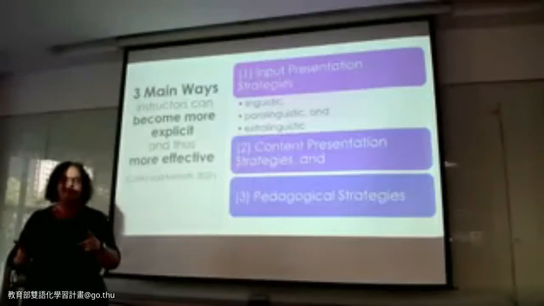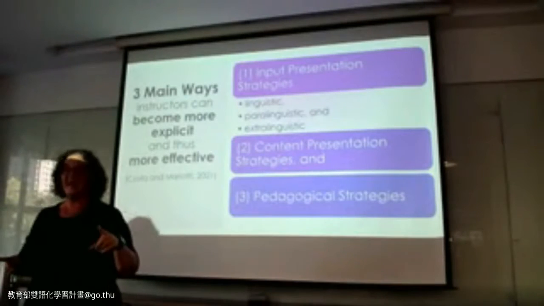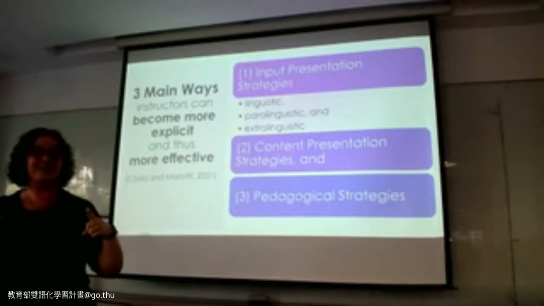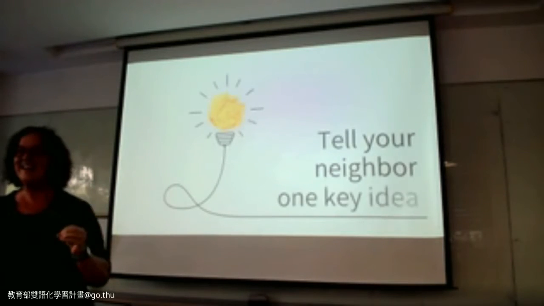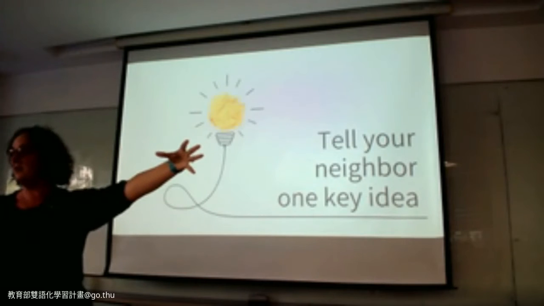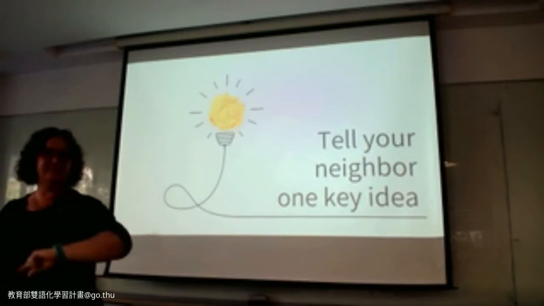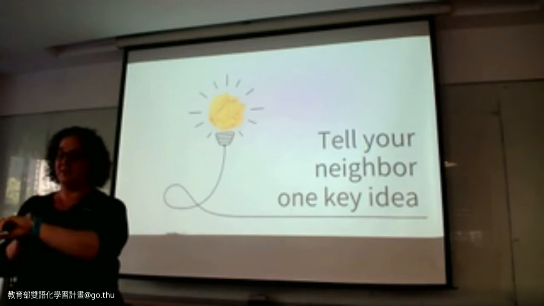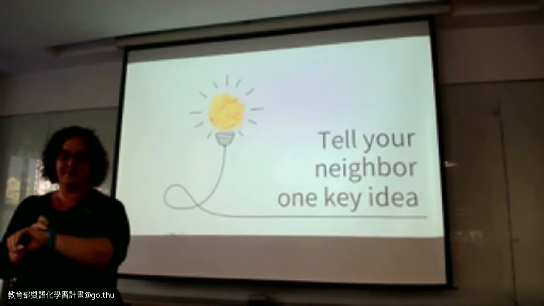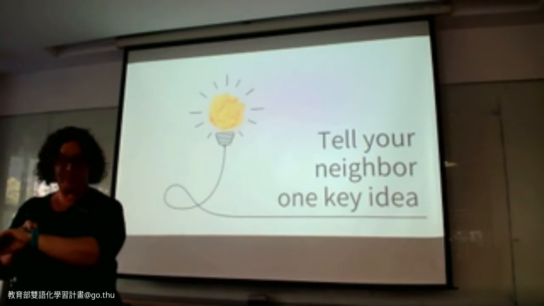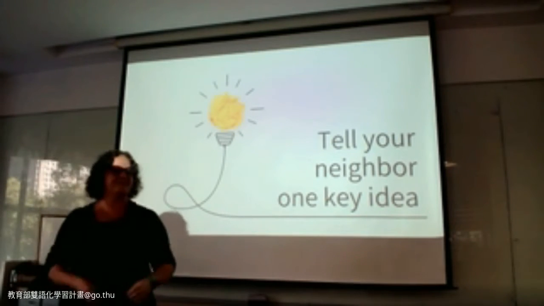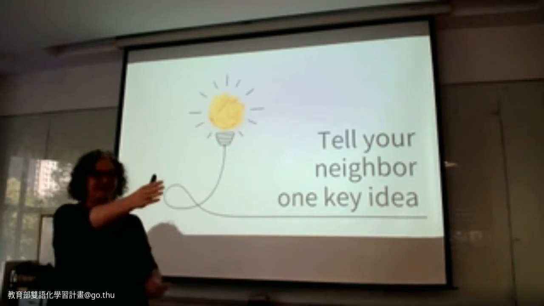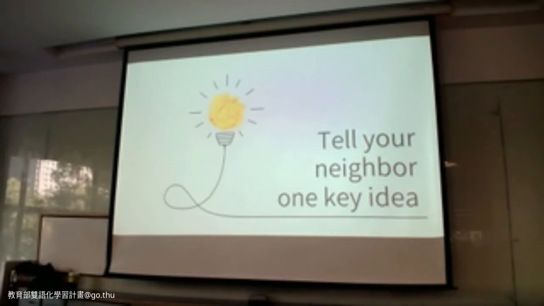Not sure how this is going to work with the online groups, and so many are online, but one of the things I would like you to do, if you're in the room, is take 1 minute to talk to your neighbor and tell them a key idea from what I have told you so far. One idea, and 1 minute or less. About what I just said, whatever we just talked about. One thing that sticks out to you. Go to the front, go to the back. There, she's got a partner.